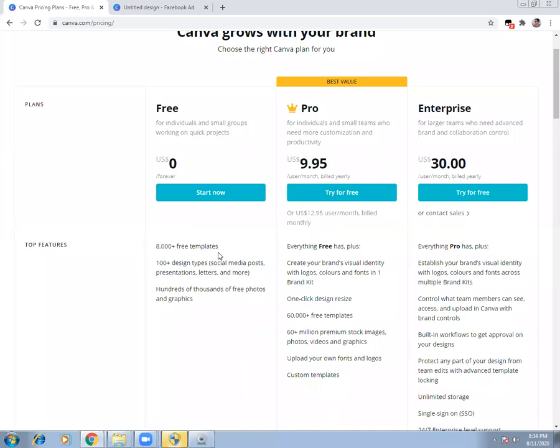You can create a YouTube thumbnail, resumes, and 100 plus designs related to social media, and also things related to Instagram. Hundreds and thousands of free photographs and designs are available so that you can customize from the options.